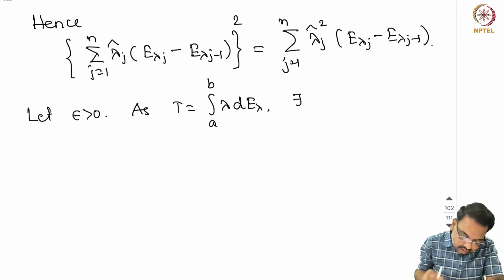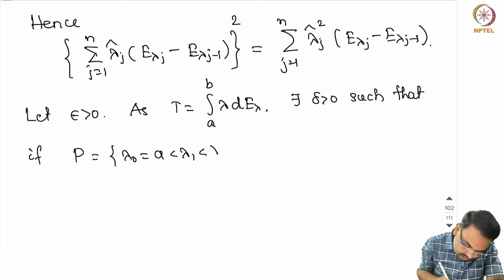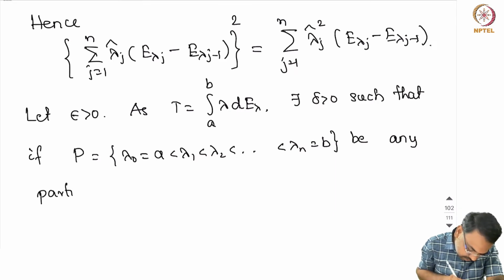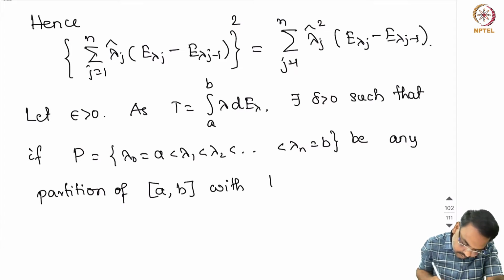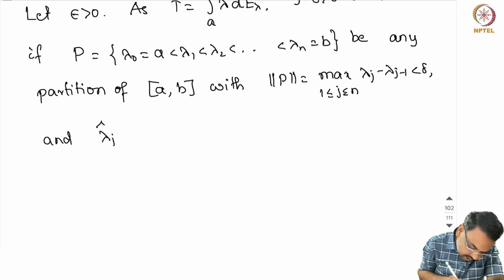So there exists a delta such that if P equal to lambda naught, that is a, less than lambda 1 less than lambda 2, and so on, less than lambda n equal to b, be any partition of [a, b] with norm of P, that is the maximum of lambda j minus lambda j minus 1, less than delta, and if you take any lambda j hat inside this jth subinterval,